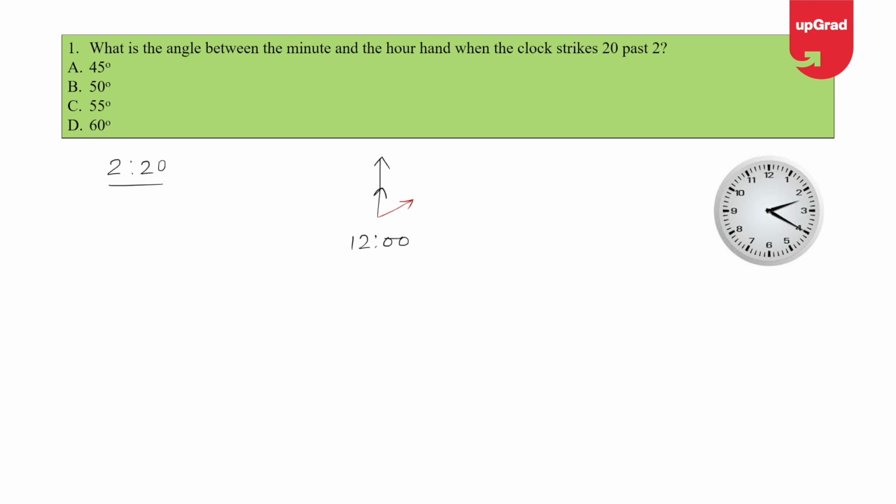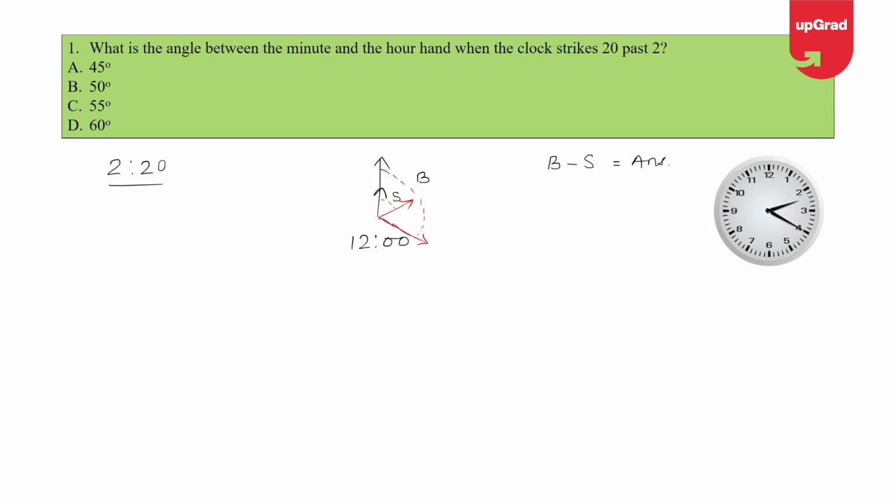Okay. And similarly, the minute hand has also traveled all the way from 12 to a point where it is 4. So the minute hand has traveled from here to here, whereas the hour hand has traveled from here to here. So I can say that this one is the bigger angle and this one is the smaller angle. So if I figure out the bigger angle and the smaller angle, then by subtracting both these values, I will get my answer. So let's see how can we do that.